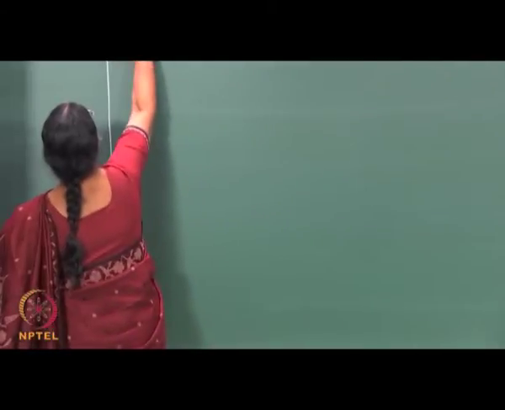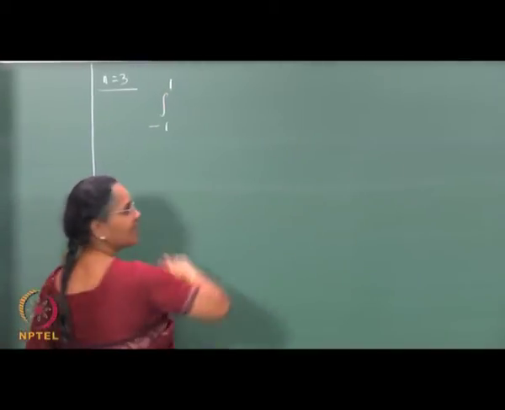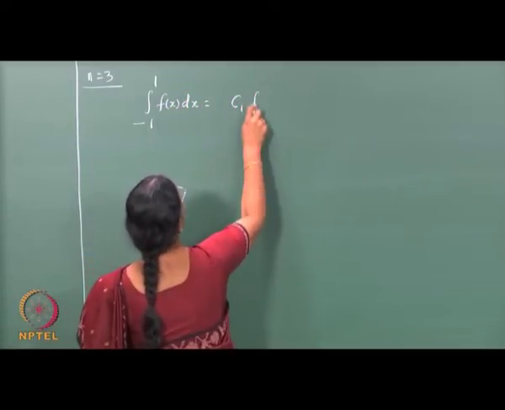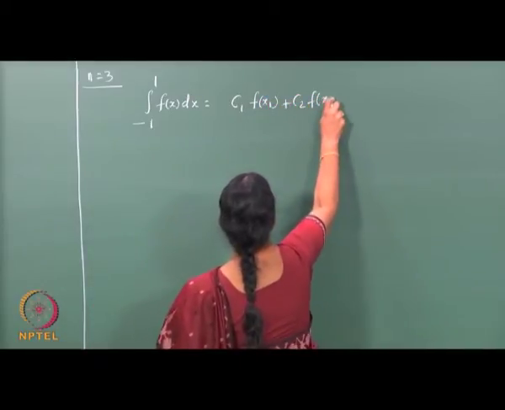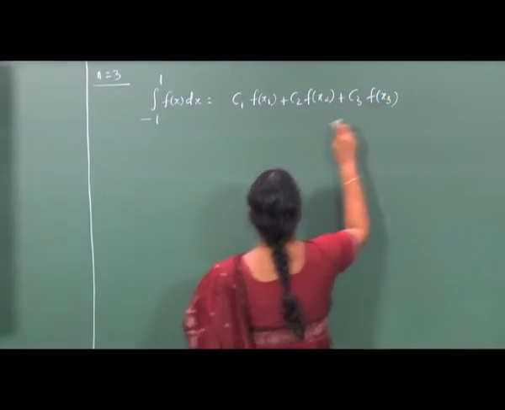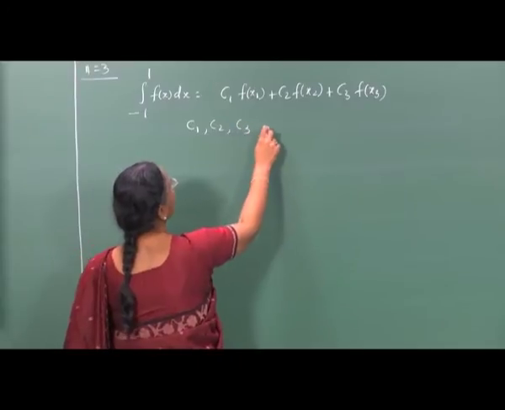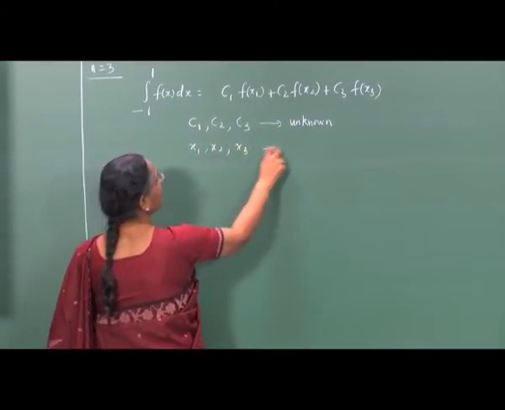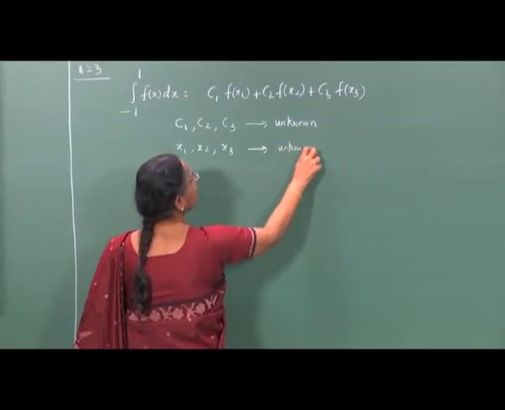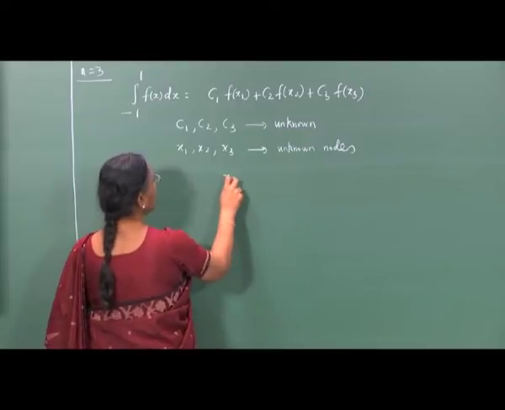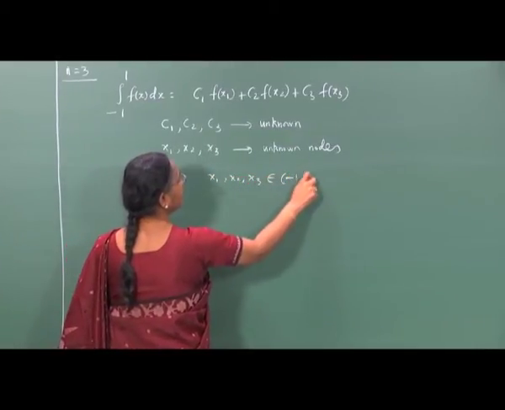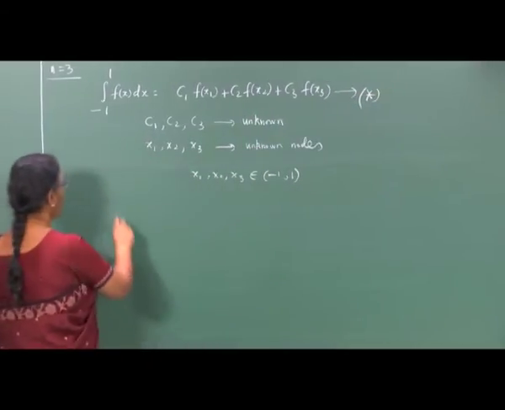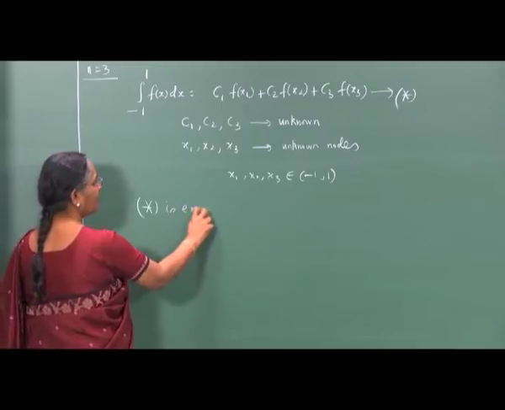So, when n is equal to 3, we require an integration formula of the form integral minus 1 to 1 f of x dx is equal to c1 into f at x1 plus c2 f of x2 plus c3 f of x3, where c1, c2, c3 are unknown constants to be determined, and x1, x2, x3 are again unknown nodes to be determined, such that x1, x2, x3 lie in the interval minus 1 to 1 in such a way that this integration method, which I call as star, is exact for polynomials